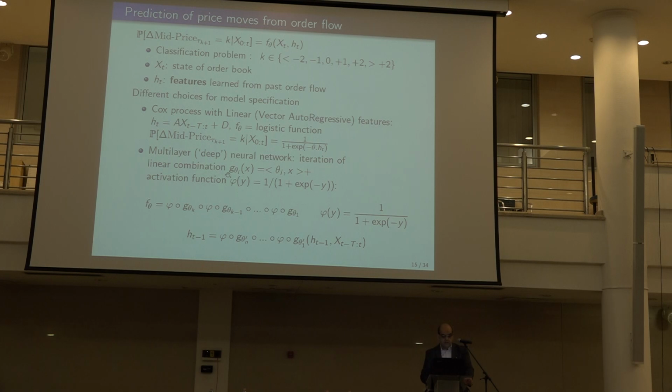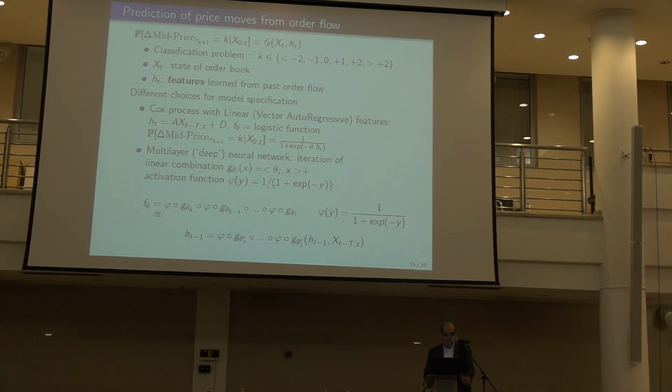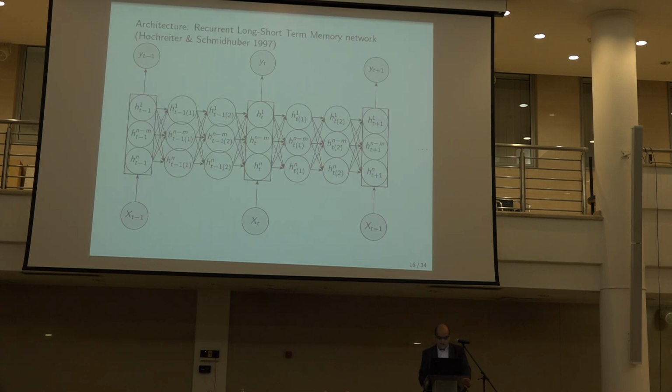And then the other thing is we train a multi-layer neural network, and I will describe the architecture in more detail in a second. So this is what I showed you earlier. We represent the probability that the price increases as a function of the states, where the function is a composition of linear combinations, activation function, linear combination, activation function, and so on, with weights at each composition that we learn. Okay. So now, the neural network I showed you earlier is a static neural network where you learn some static data. There's no time dimension.